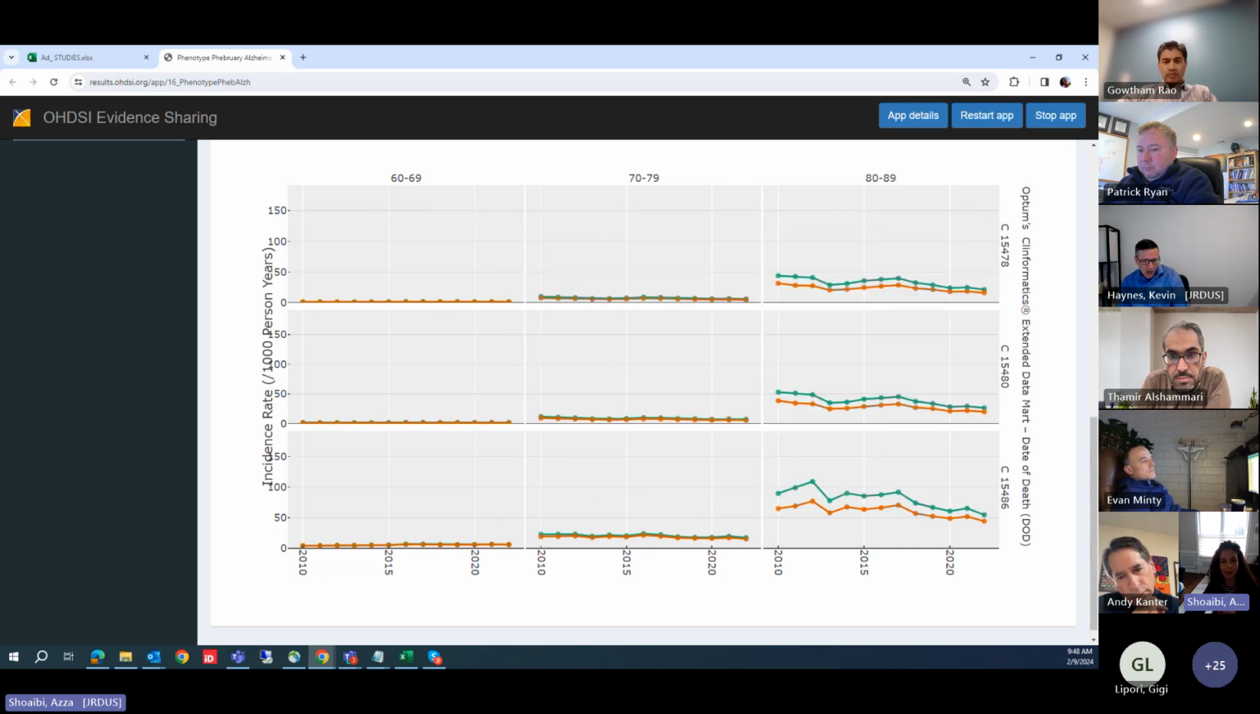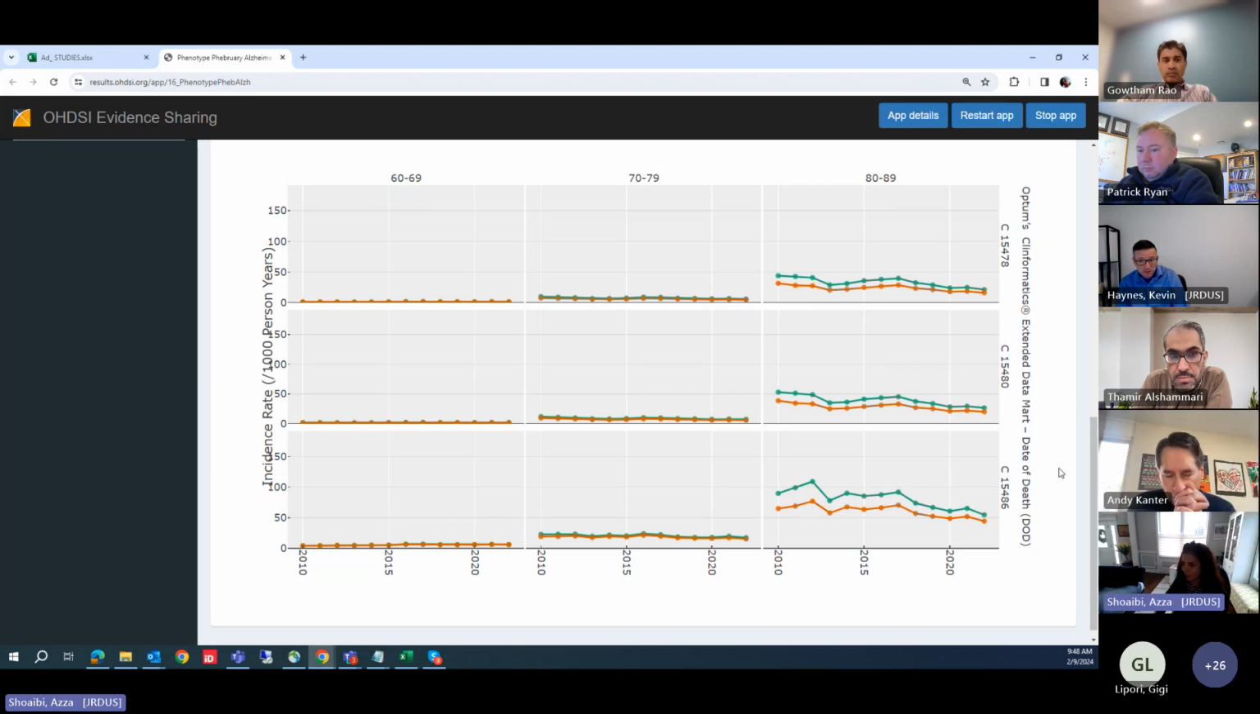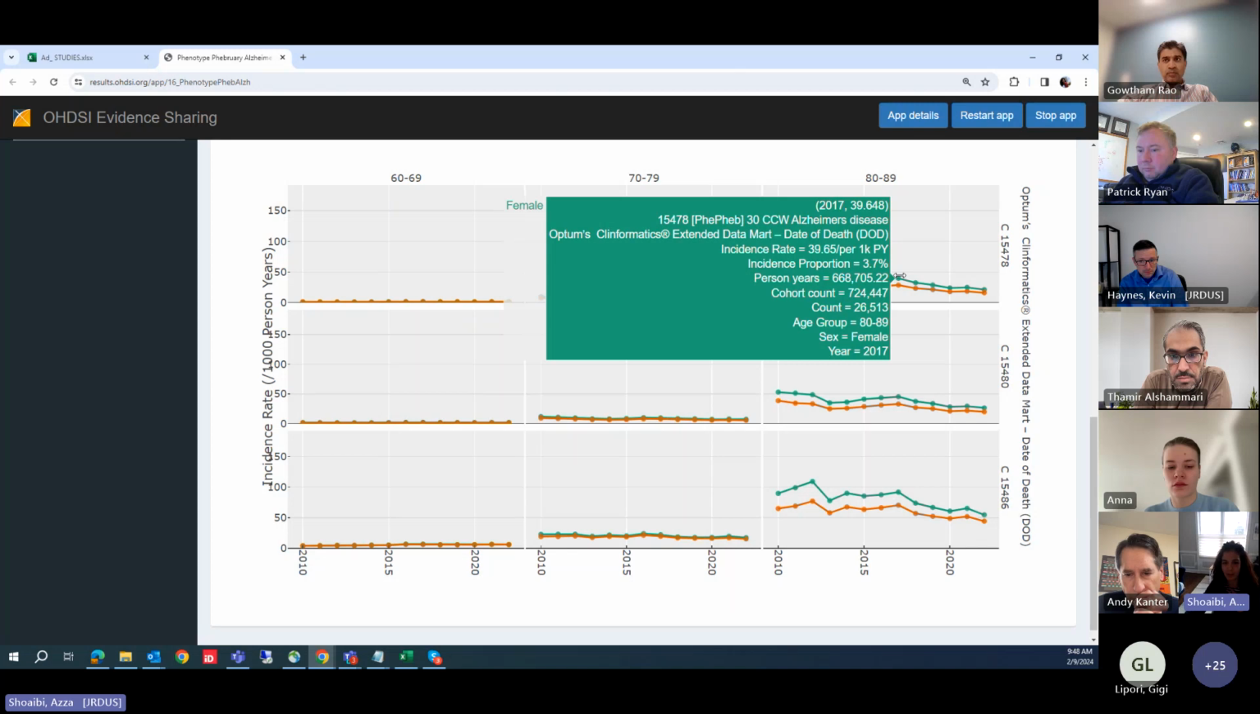First of all, I can see that men are at more risk of Alzheimer's than women, which is great because that is actually a known fact. And I can see it in the data. So it gives me some sanity checks. So 2017, I see among men, I see for that year in particular, the incidence rate is about